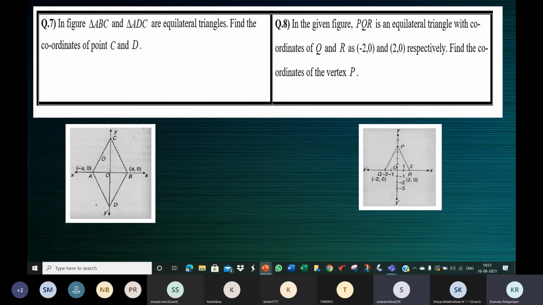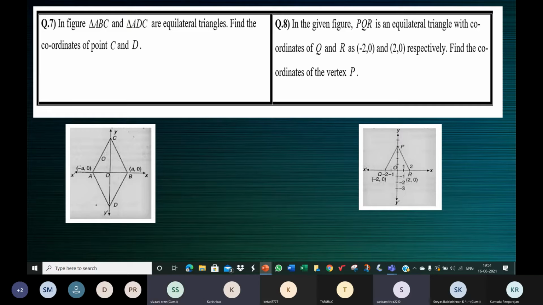Again, same question, Sangamitra. From where do we get this root 3A? I used the formula which you gave us previously, ma'am. Altitude of an equilateral triangle. So what is the formula to find the altitude? Root 3 by 2 into side. What is the side here? What's the length of the side?